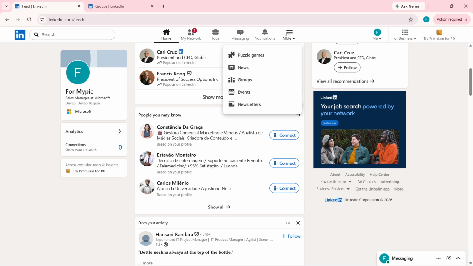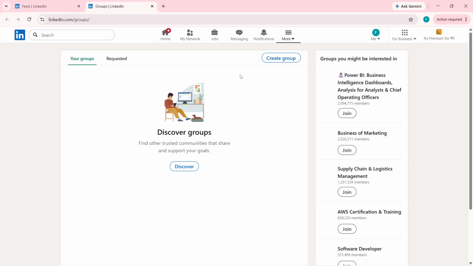After you select it, LinkedIn will take you to the area where you can view the groups connected to your account. From there, you can browse the groups you're a member of, open a specific group, and explore its posts, conversations, and shared resources. This is the main place to go whenever you want to revisit a professional group on